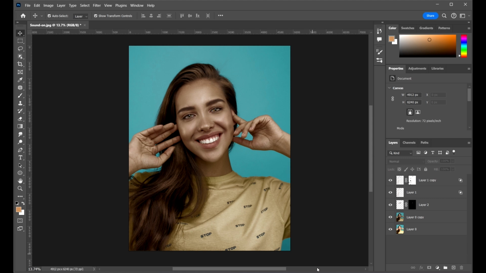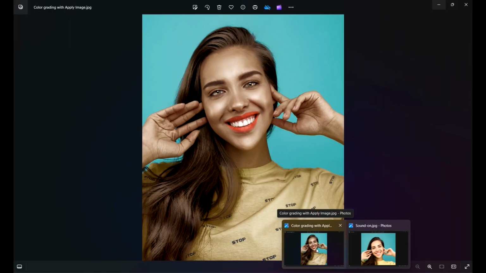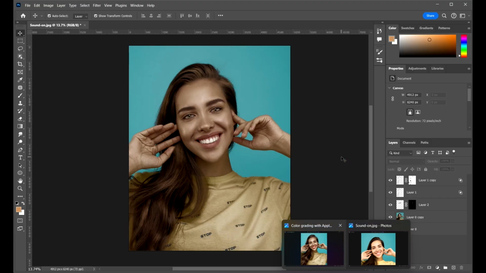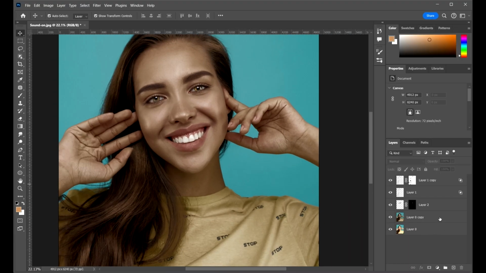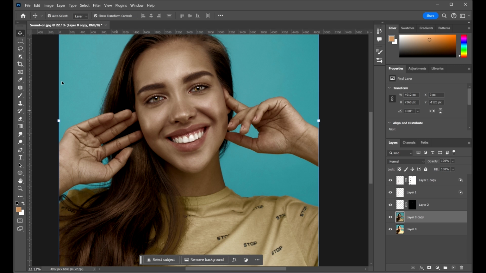So let's compare this to the one we had before. Okay, so this is what we had, this is what we have here. Now we are getting somewhere, right? We're getting somewhere. The next thing I'll do is just select my image here, take my